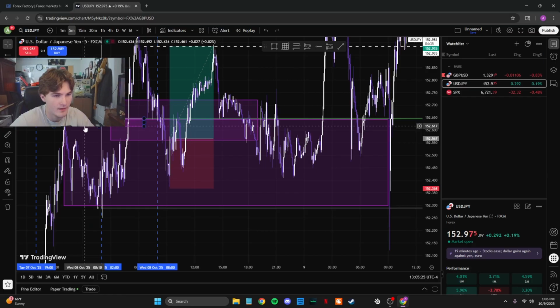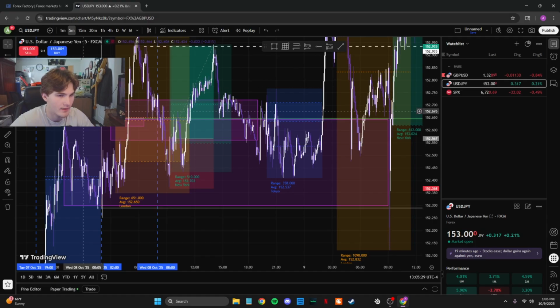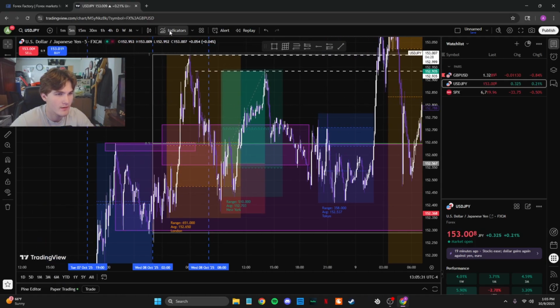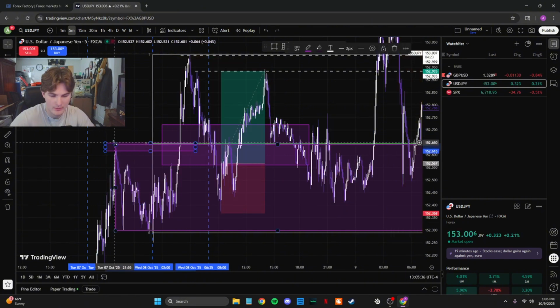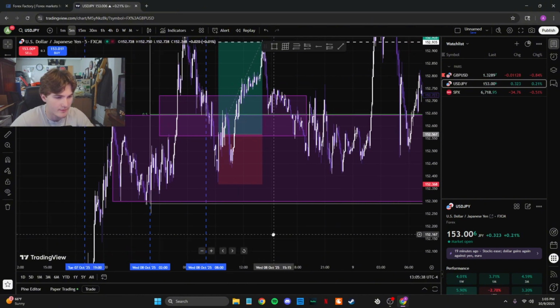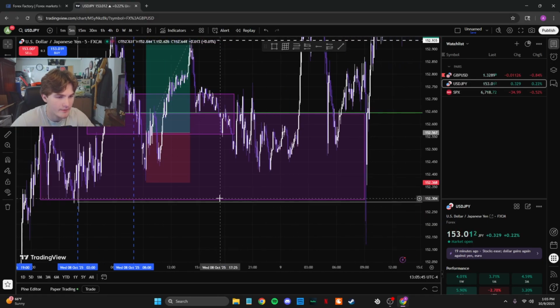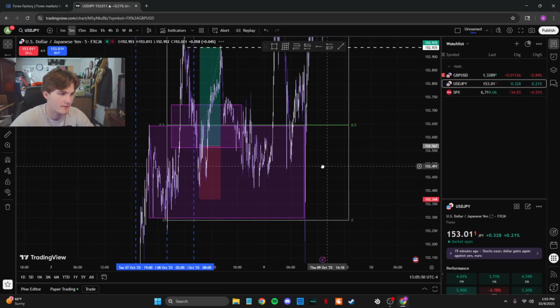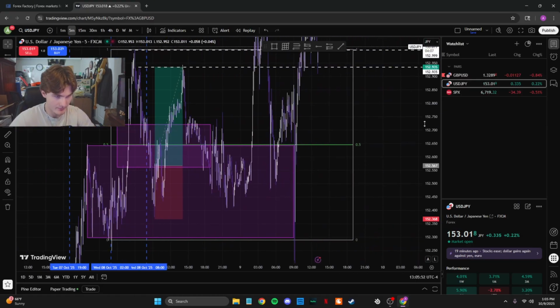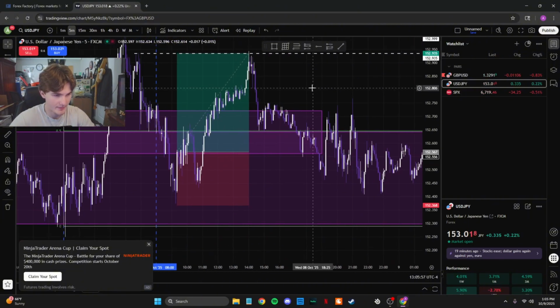I think this is the Asia high. Let's just double check. Yeah, that's the Asia high that got smashed in London session. So we really don't need this one. These blue lines are the times. Yeah, so the order block got hit too. So that would have been almost like full confluence from the TGR strategy and from the bootcamp strategy. Equilibrium on this, fair value gap, order block, 5-minute break of structure.